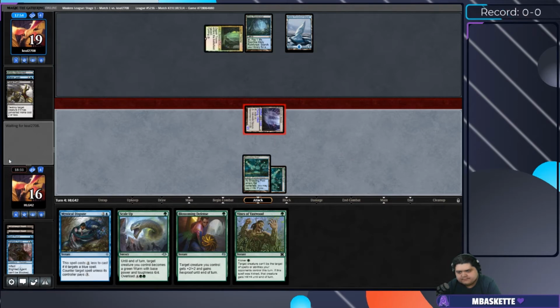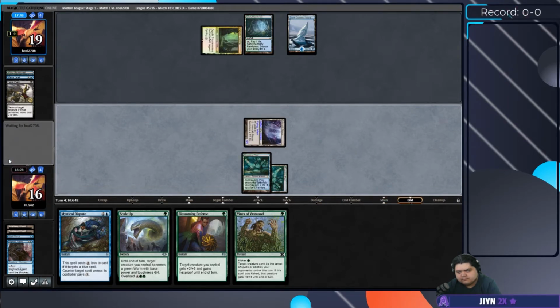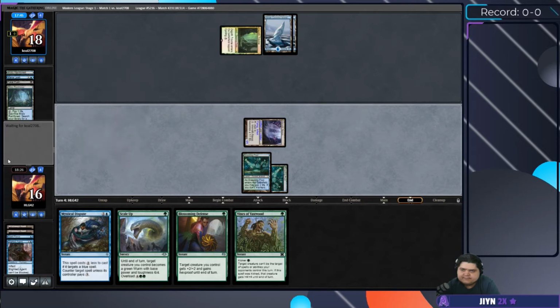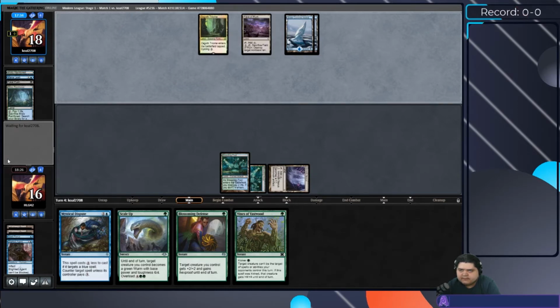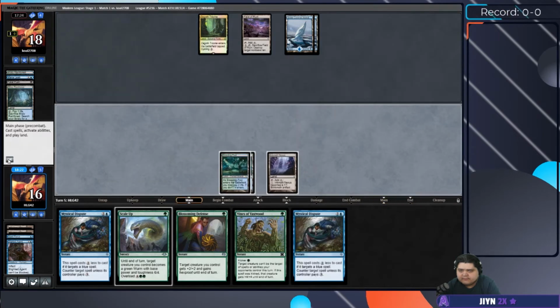Swing for 1. Cool. They fetch, probably get themselves a snow-covered island. Yep. That is 3 islands, and that is a Field of Ruin. Poppin' field now. I'm assuming you are. Because you're either doing field stuff or you're doing...